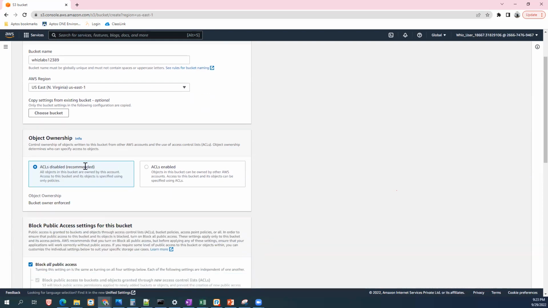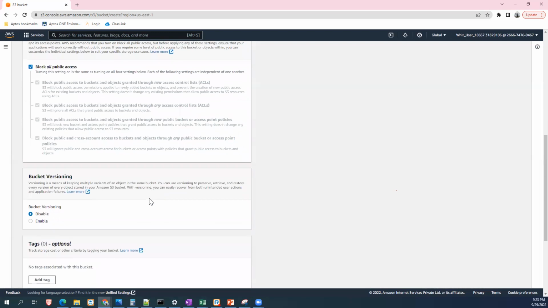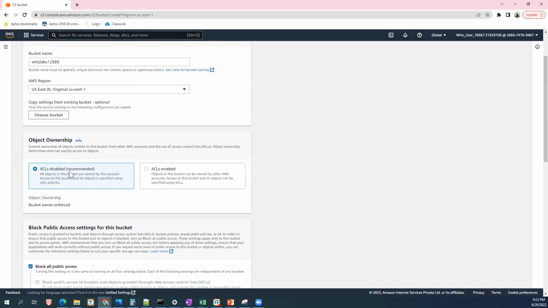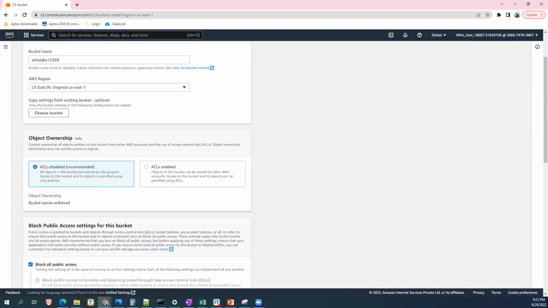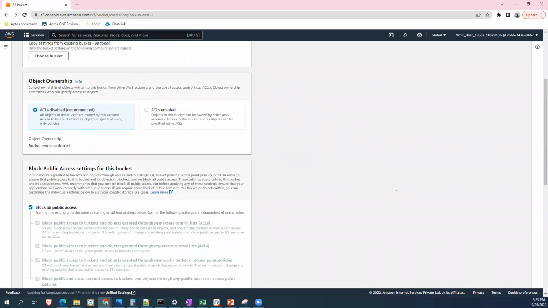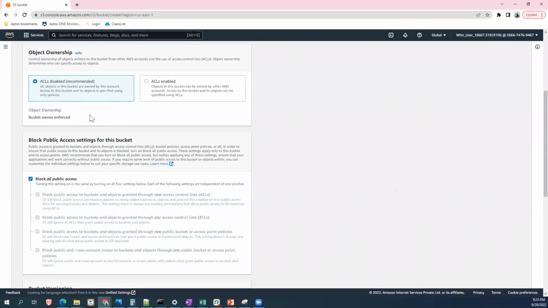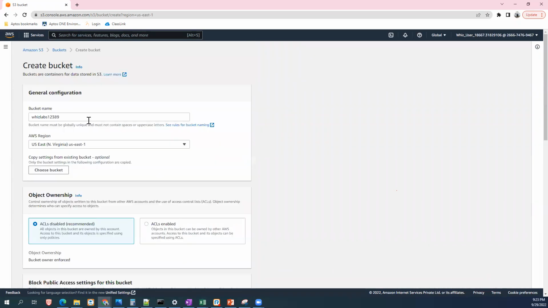Yes, disabled. All objects in the bucket are owned by this account. Access to this bucket and objects is specified using only policies. I told you, right? So you can control who can access and who cannot access the buckets. You don't open it wide open to the entire world, whatever you put in the bucket folder. You declare, you are the boss. Next, there are different configurations and settings. Let us deal with as many as we can in the initial classes, right?